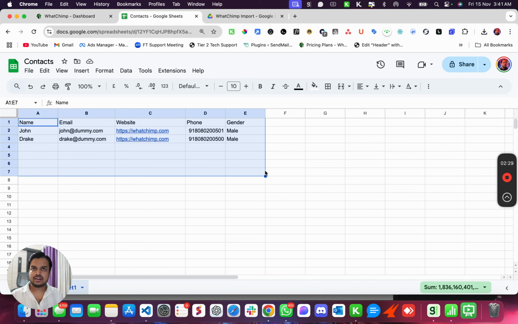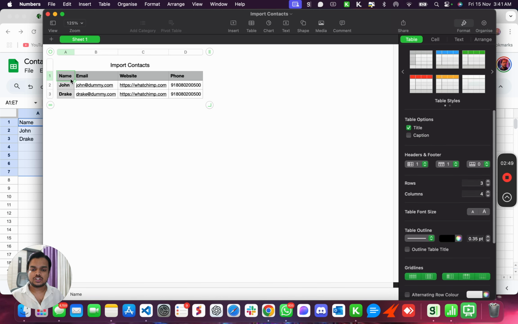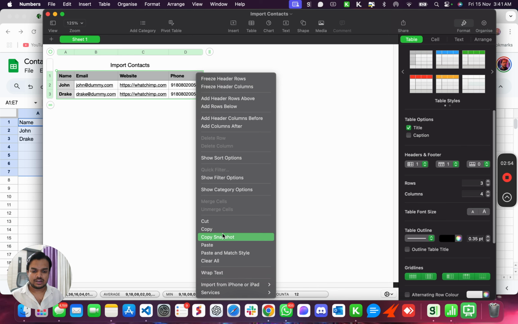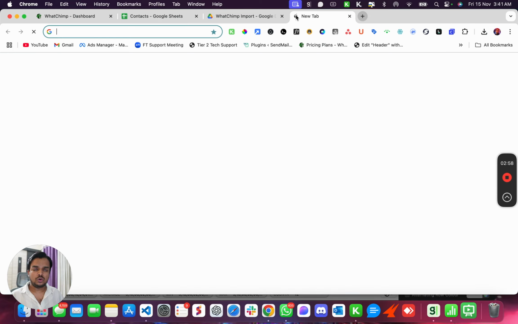So if you don't have a Google spreadsheet, all you have to do is open your Excel. For example, if I'm using Mac, then I have something called Numbers. If you're using Windows, you might have something called Microsoft Excel. So just open your Excel and have something like this ready. Now all you need to do is just copy the whole thing. So just right click and copy the whole thing